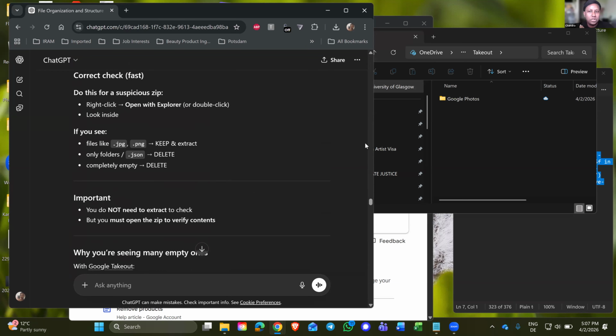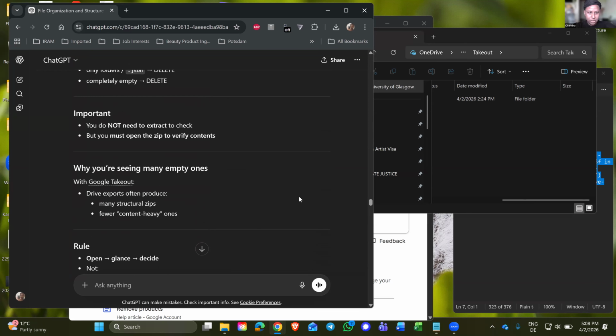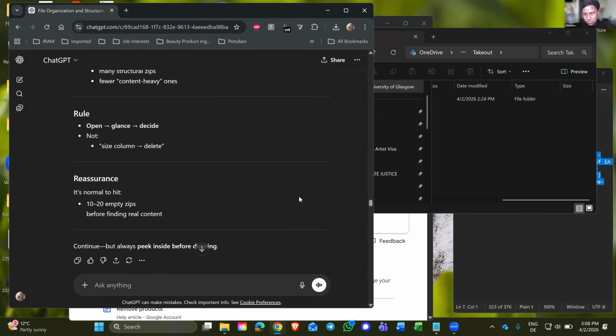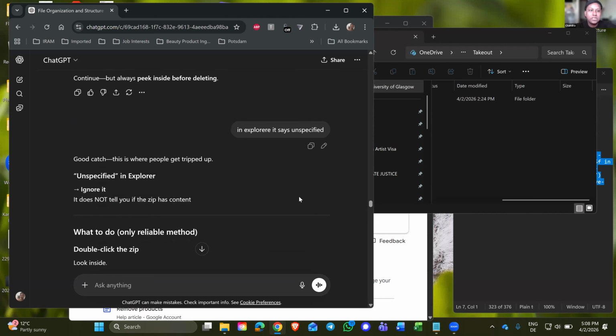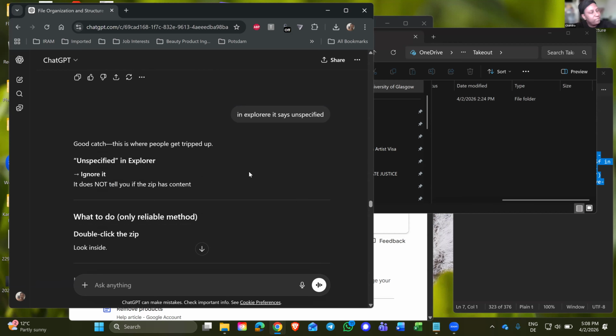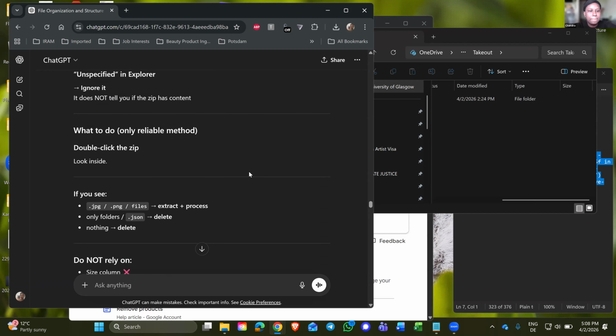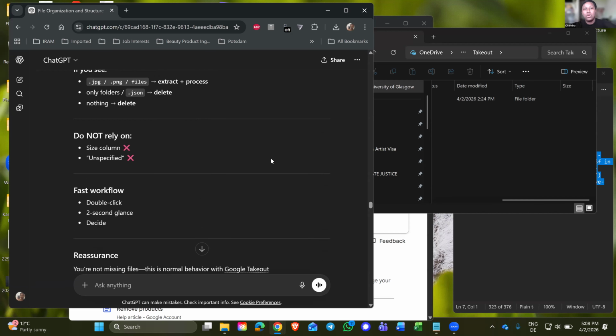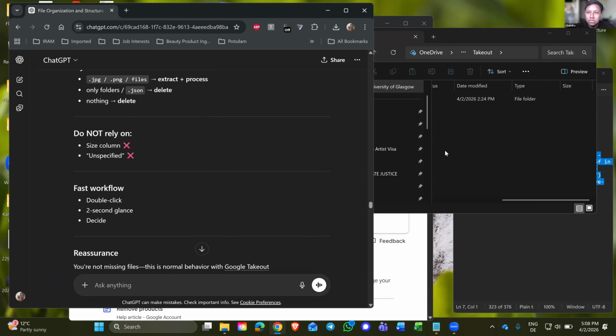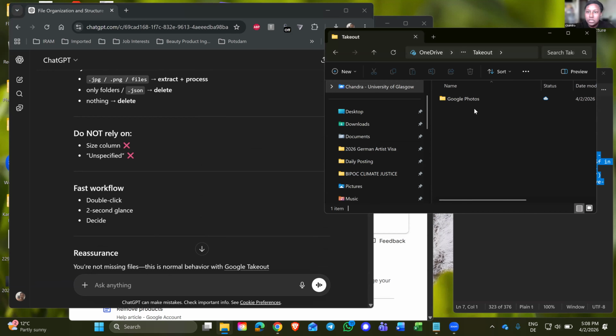Open with Explorer or double click, look inside. I see Google Photos and it's still saying 0. What it's telling me I should see is JPEG and PNG. This still turned out to be wrong. And then I started getting an unspecified error, which chat told me to ignore, which wasn't accurate. It told me do not rely on the size column or unspecified. Do the fast double click